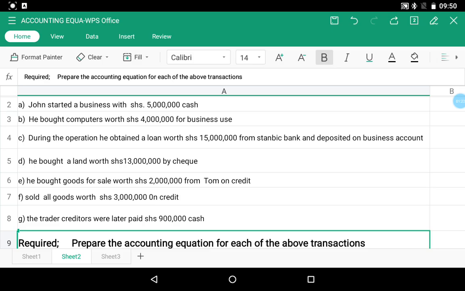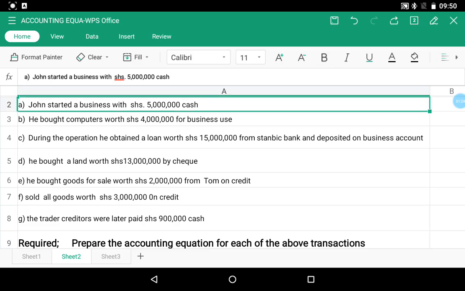So let's start. They have said John started a business with shillings 5 million cash. Person John started this business with cash of 5 million. That means he brought capital into the business. On the business side, they received cash. On his side, he has capital in his business. So here we have,